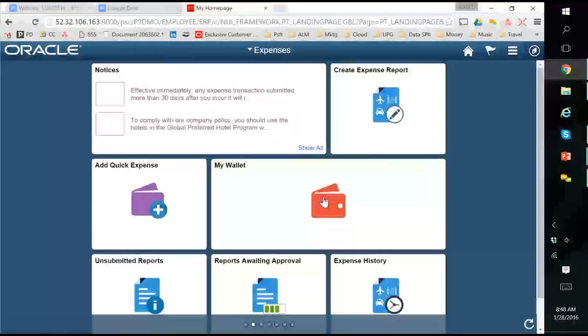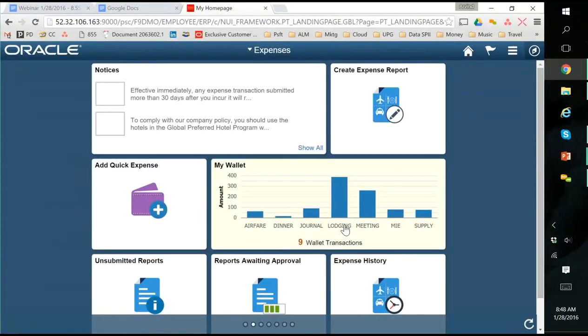It was showing you what transactions were available and by amount how it was trending. So lodging, there's $389 worth of wallet transactions, and this may be coming in from your credit card that you have not expensed or submitted. So at a quick glance, you get a lot of good information. It gives you the ability to act upon that, and it also kind of draws your attention towards those kinds